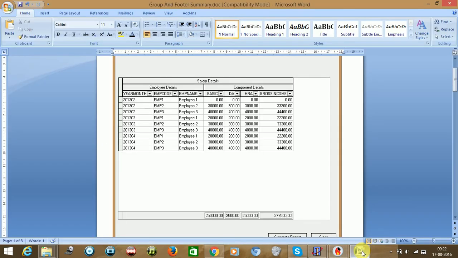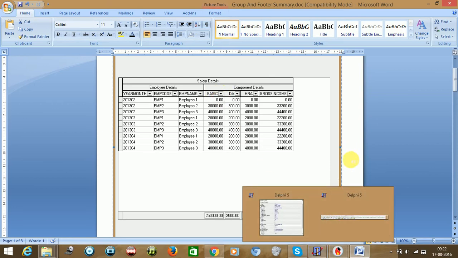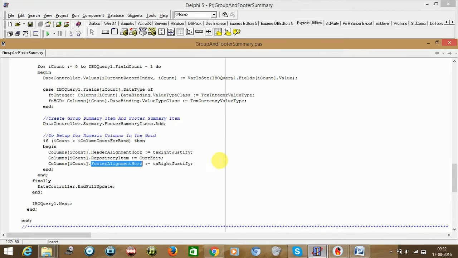Now, I'm sorry, the header we have already given. If you see here, the header part is coming right hand side like this. So we can just make it to the TA center. Instead of right justify, we can say center, TA center.